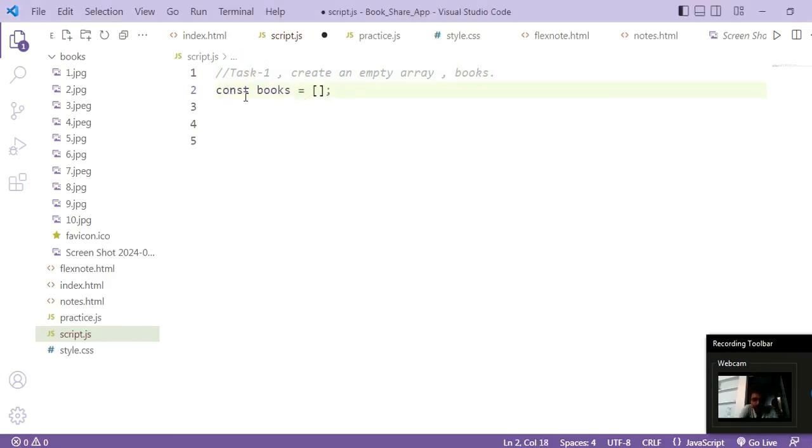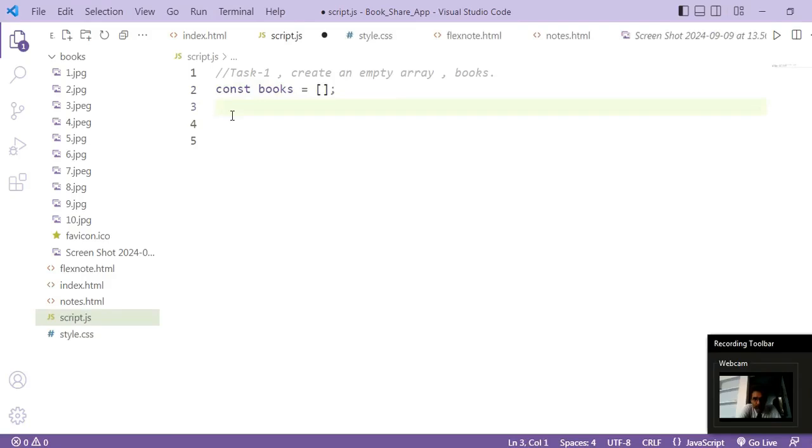Now let me tell you why I'm using const here for this variable books. I'm going to tell you each and every minute detail of this project, so you don't have to worry about it, and this will help you in the future. See why I'm keeping books as a const, because in this project I'm not going to reassign the books array. If I had to reassign it then I would have used let. And by keeping it as a const I can still modify the content of the books array variable. Now I'm going to give you a simple example, and you have to tell whether there will be any change in that program with respect to the variables or not.